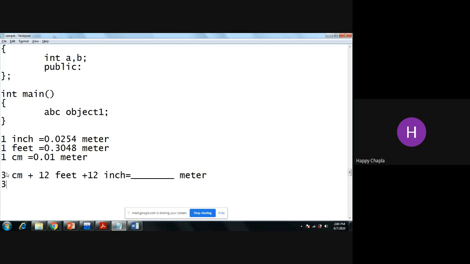Okay, so you have to convert it, multiplied with 0.01 plus 12 into 0.3048